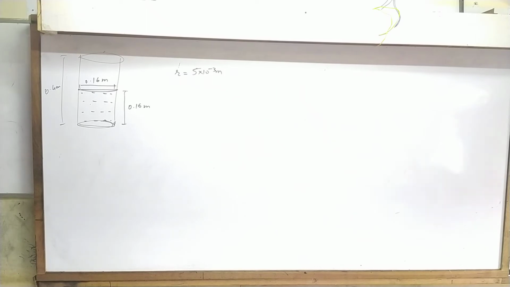V is of course going to be root 2gh. You don't need to use that 1 minus a square by a square again, because compare the sizes. What's the diameter of the hole? 10 mm, that is 1 centimeter. In comparison, the other one is 16 centimeter. It's fairly big, right? This is only 1 centimeter, so neglect that one. And again, the change in time is no problem.